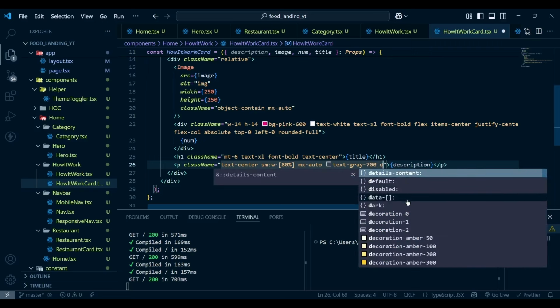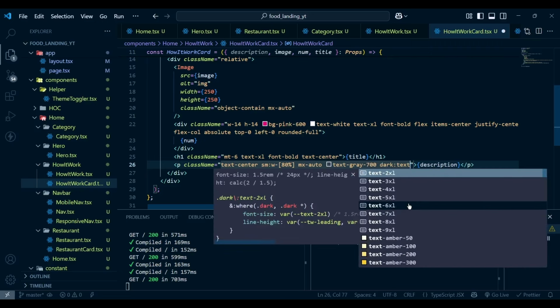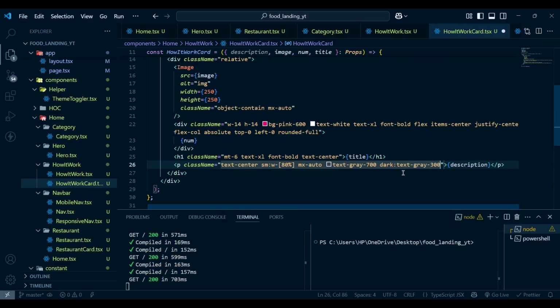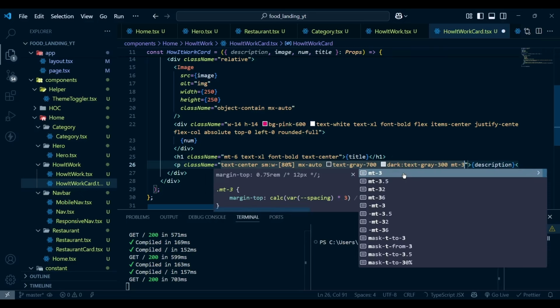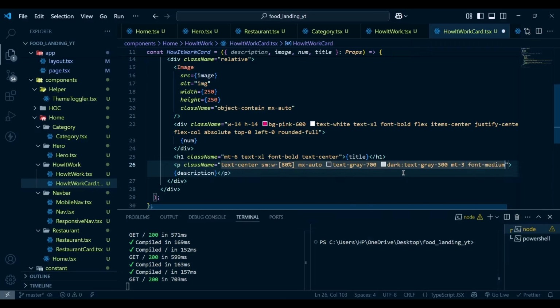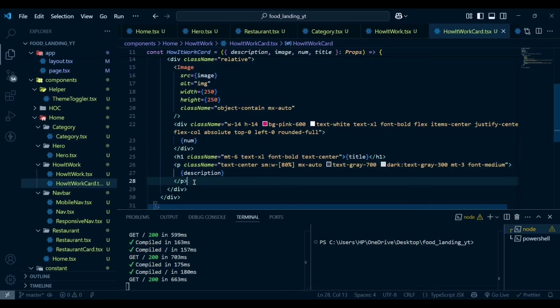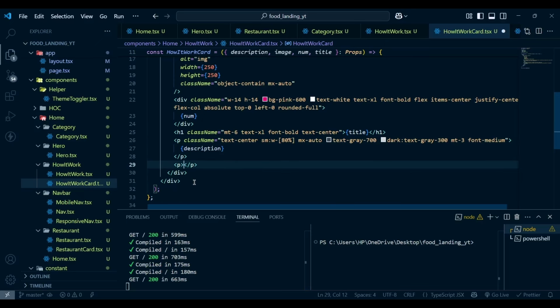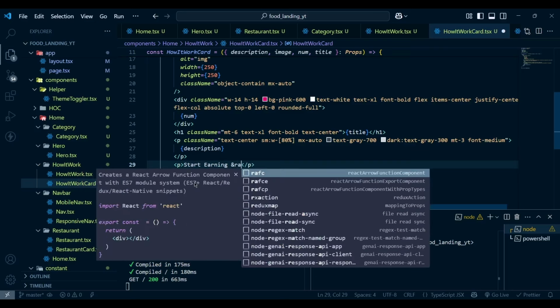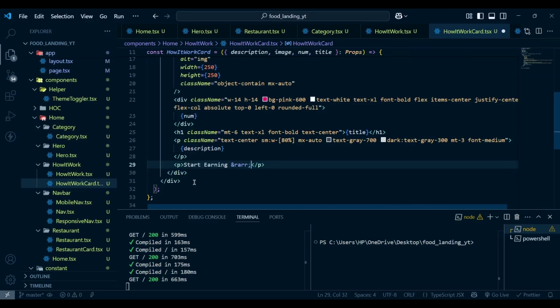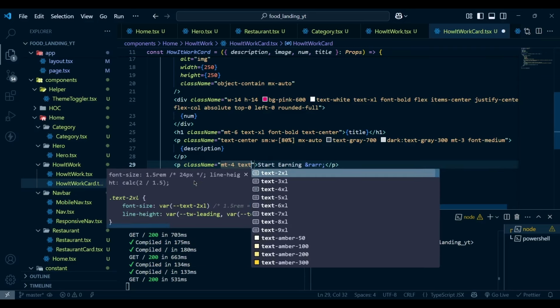In the dark mode, the text color will be gray 300. Margin top will be 3. Font will be medium. Now let's hit save. Then after the description, we have another p tag with the text "Start earning", and then we have HTML code for the arrow, and this p tag will have class name of margin top of 4, text base,